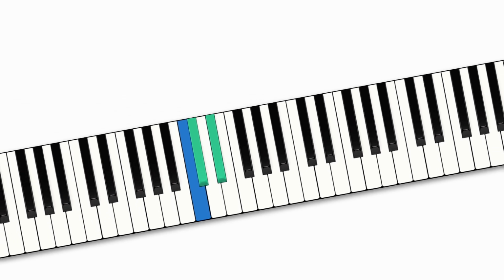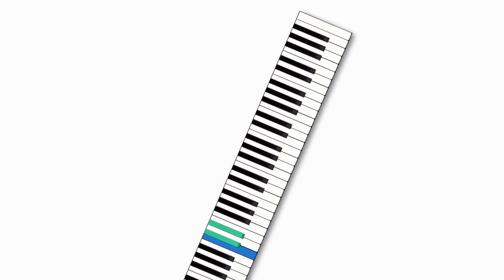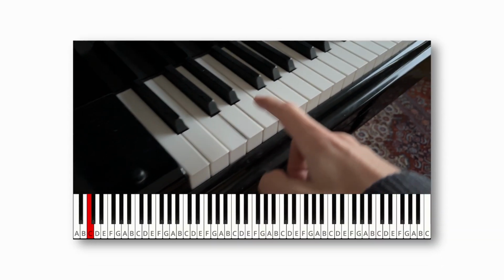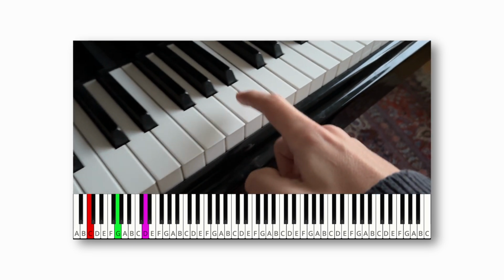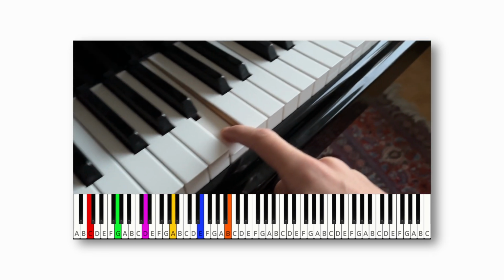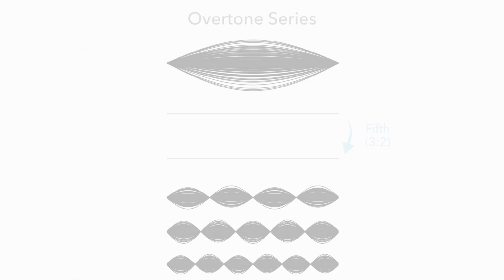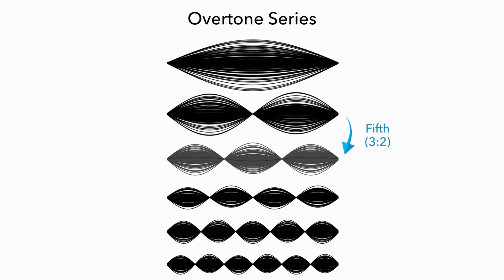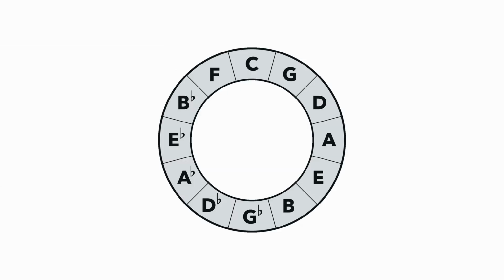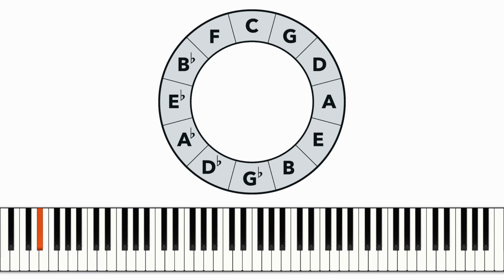But of course, there's a better explanation than that, and it has to do with musical scales. As I explained in the previous video, one of the most fundamental ways to construct a musical scale is a chain of fifths. The perfect fifth is the second interval we find in the overtone series, and the most consonant interval after the octave. This eventually led us to the full circle of fifths with all 12 tones of our harmonic system, which we can use to play a chromatic scale.